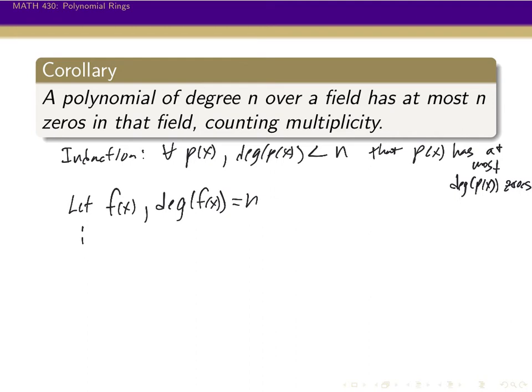If f(x) doesn't have any zeros, then we're done. So if it does have zeros, so if a is a zero of f with multiplicity k,